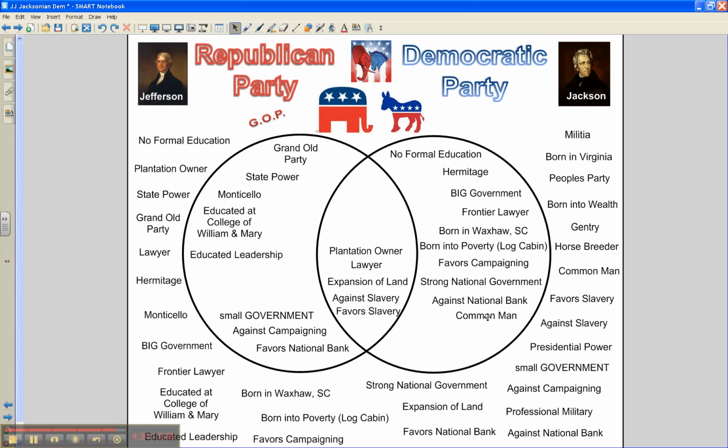The common man, overwhelmingly Jackson. A horse breeder. Gentry, which is a term which means a elite, educated group that really looks after all people in our country. Born into wealth, Andrew was Thomas Jefferson. The People's Party, the Democrats. Born in Virginia. And lastly,